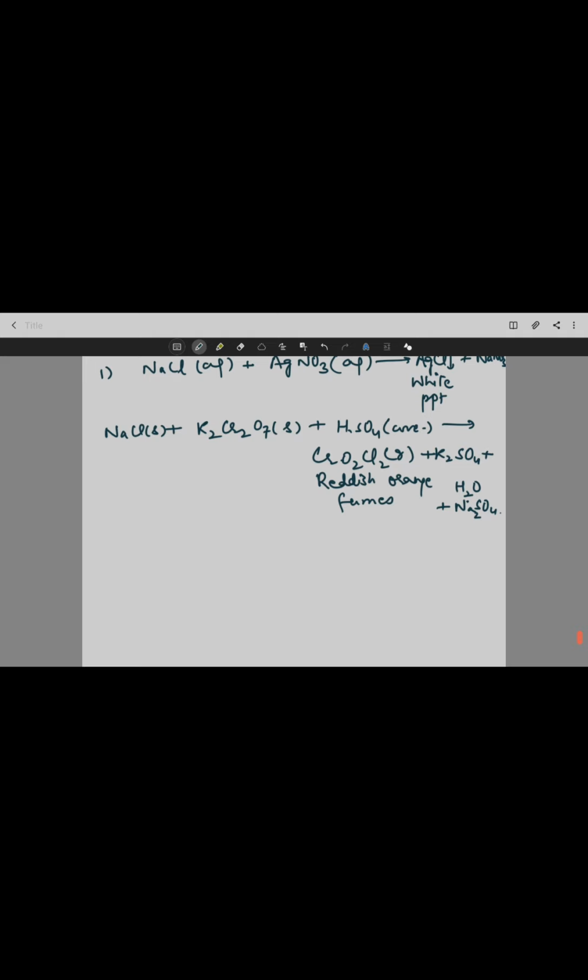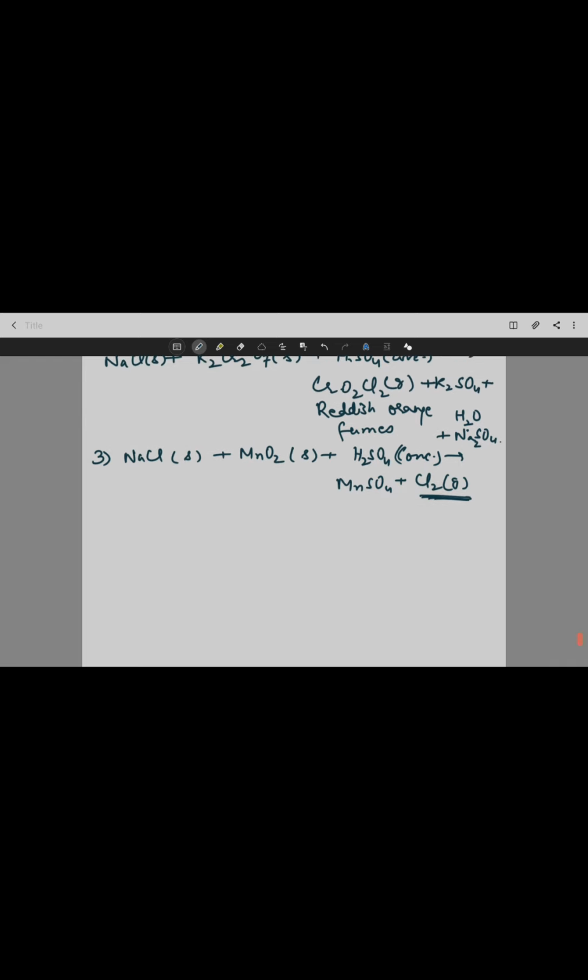We may do the chemistry of the manganese dioxide test also, that we did in P block elements also. What is the chemistry behind it? Say for example, we are taking sodium chloride solid, and in that we added manganese dioxide also solid. Then we added concentrated H2SO4. So what will be the reaction taking place there? NaCl solid, to this we added MnO2 solid, then we added concentrated H2SO4.